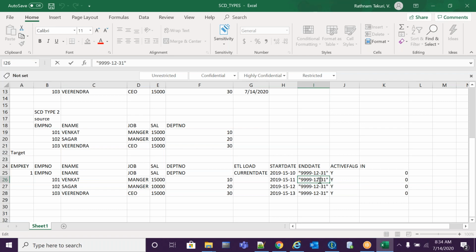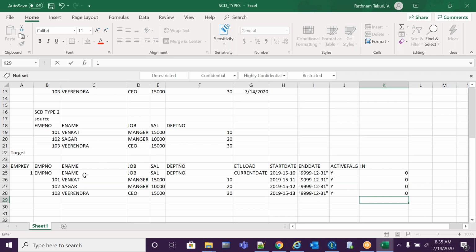Some people use minus 1, or they use the current date. The active flag it will change to N. Then one more new record with the current values it will insert. It will make the active flag Y, the end date is the higher end date, the start date is the current date, and the ETL load date is the current date. No need to maintain that one, the ETL load date. The version indicator it will make 1.